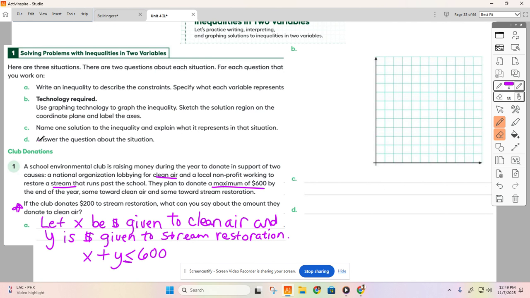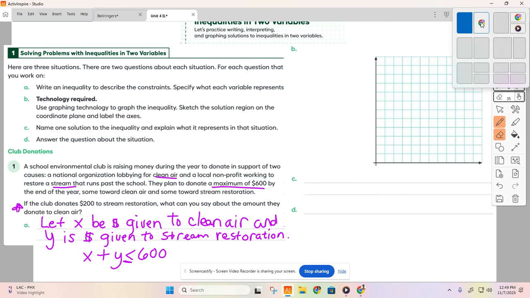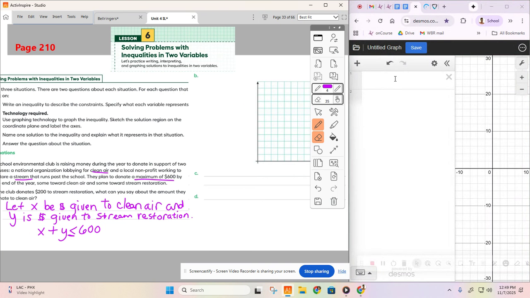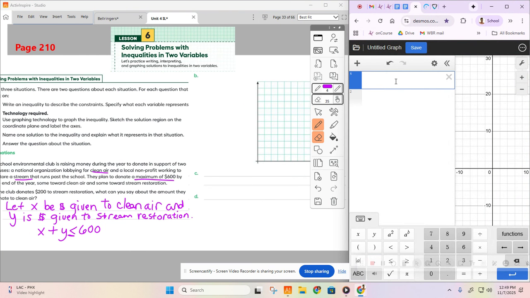Part B says we're going to graph it using technology. Then we're going to sketch the solution region on the coordinate plane and label the axes. So we have to label the whole graph and everything. Let's go ahead and look at graphing this inequality. I have that X plus Y is less than or equal to,